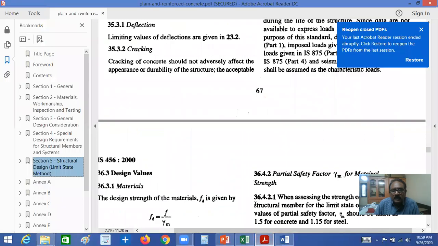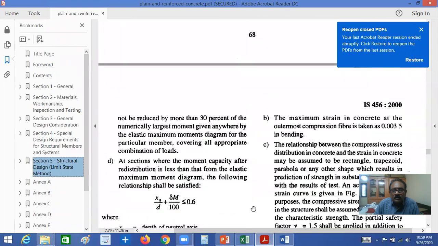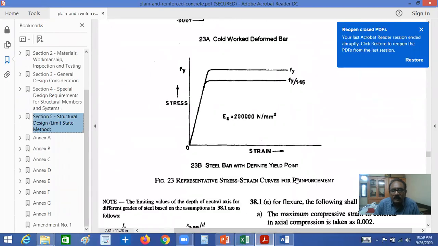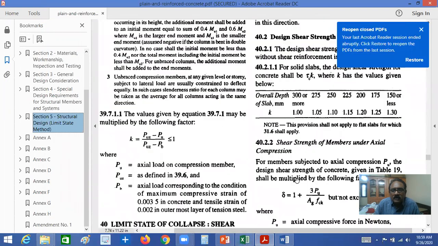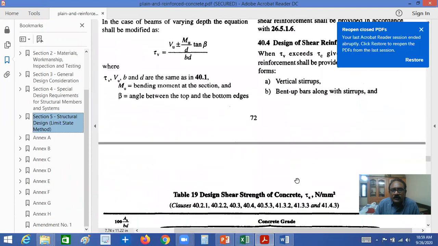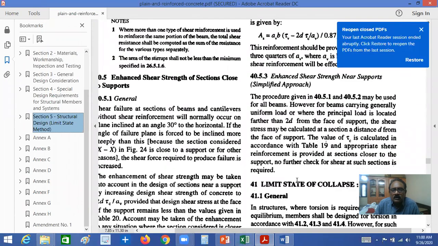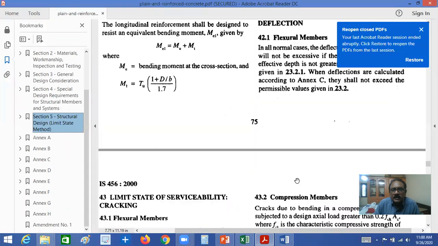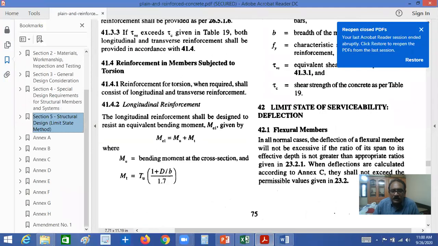So from this, we have to check the values from IS 456. See, this is very important. From this, we have to adapt how to design these footings, right? See, if you see this, I will explain this once again, because if you see here,